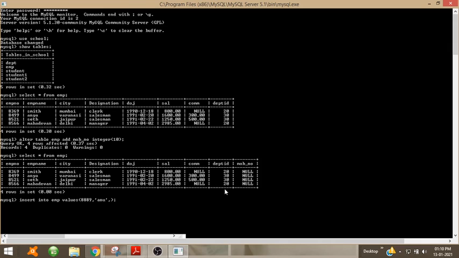For city I will add Chennai, comma, designation as clerk, CLERK. So clerk should be enclosed in single quotes because it is a character, comma, date of joining. Date also should be enclosed in single quotes, and it should start with year first,